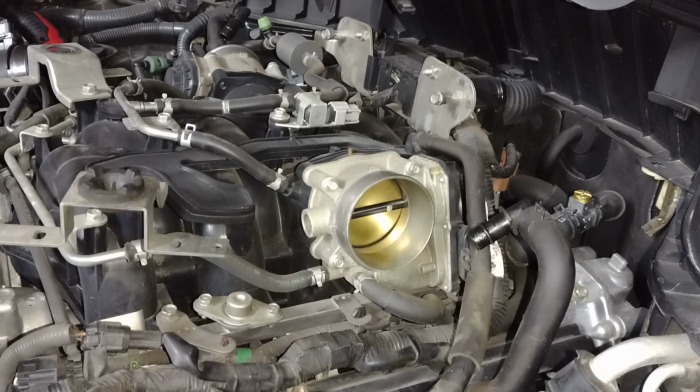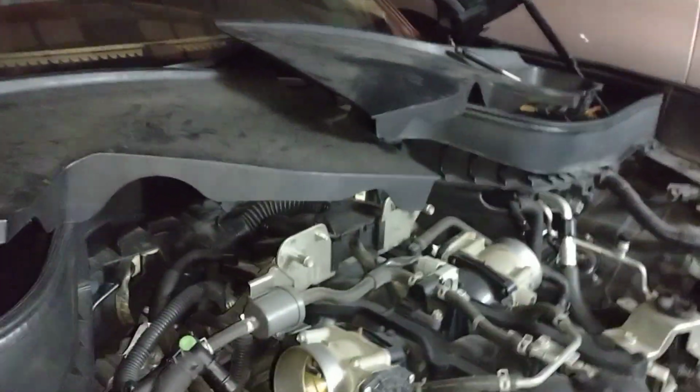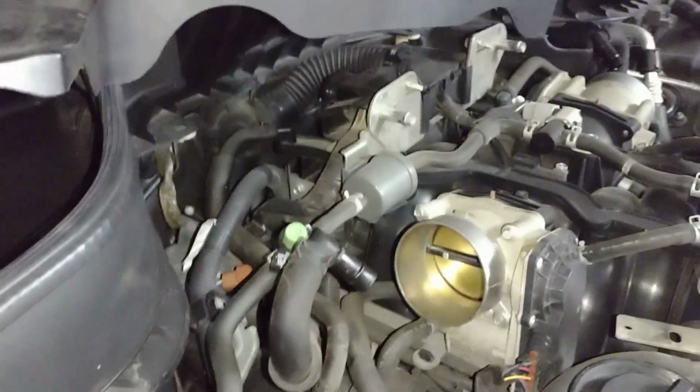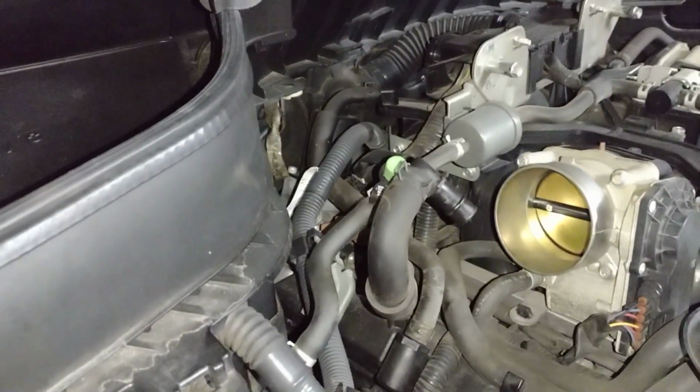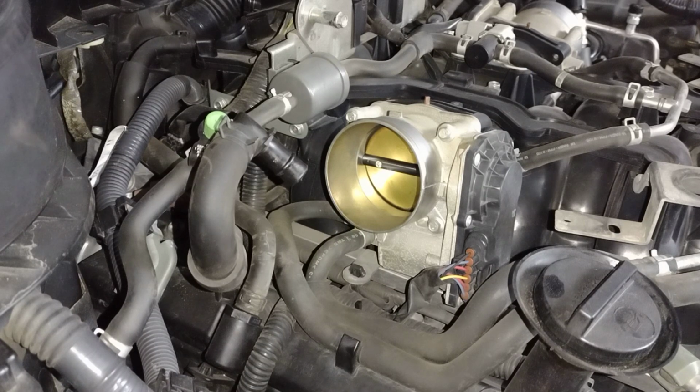Alright, so you've already seen that. Then let's go to the other side to see if it does the exact same thing. Sometimes different setups, dual intake setups, have one as a driving throttle body, one that's more active or open more, all the time, so to say. Let's see what this one does. Position 1, position 2, and then I'm going to go ahead and turn it